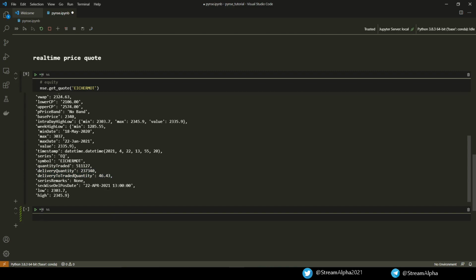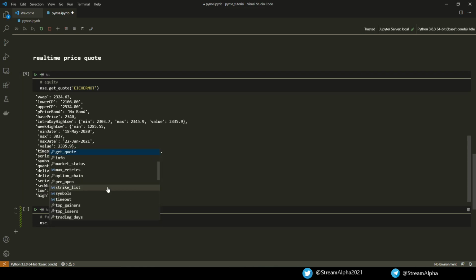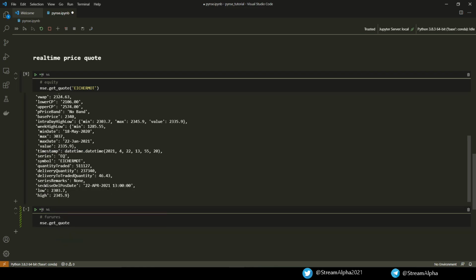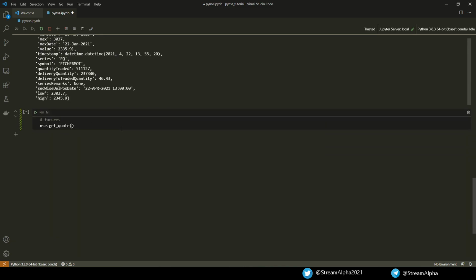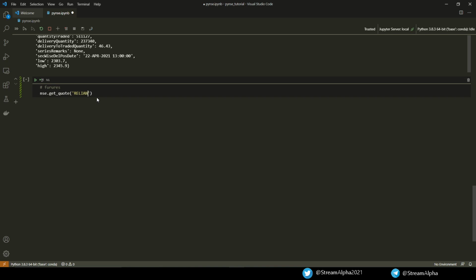Now to download the code for futures, you need to pass argument segment as segment.foot. Let's try downloading the Reliance futures for current expiry. Type nsc.getcode, symbol Reliance and segment.foot. Hope you are getting how much effortlessly you can pass the argument with these enumerated constants. Now we don't know the expiry, that's okay, so let it be the default value none and run the cell.